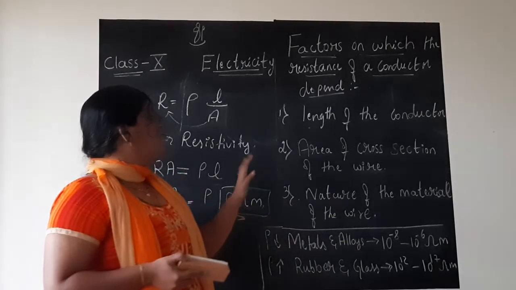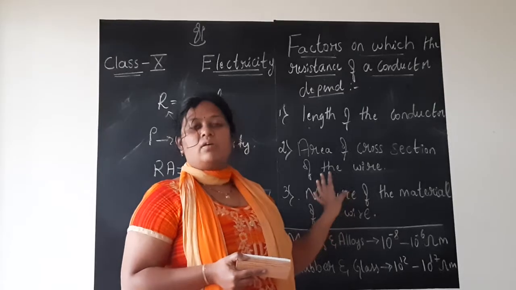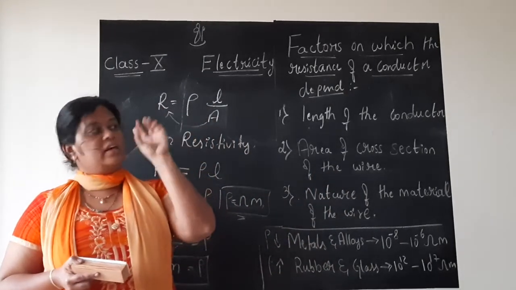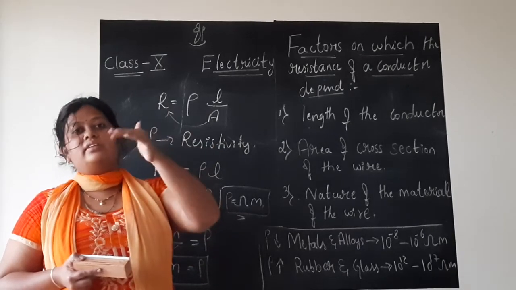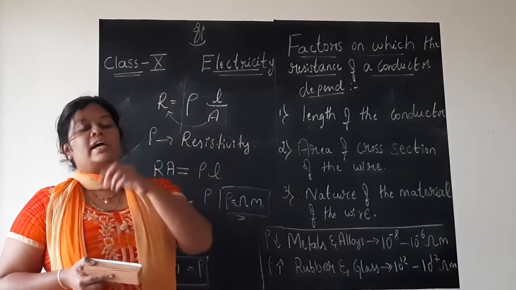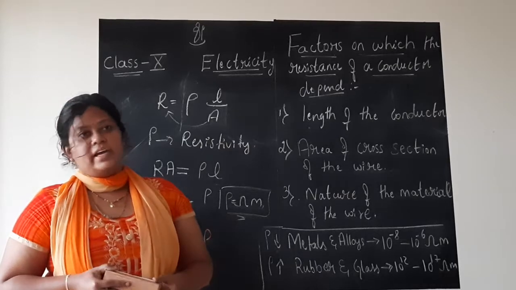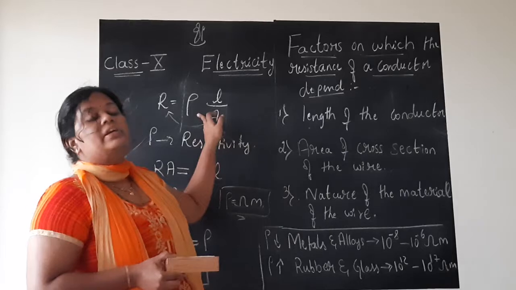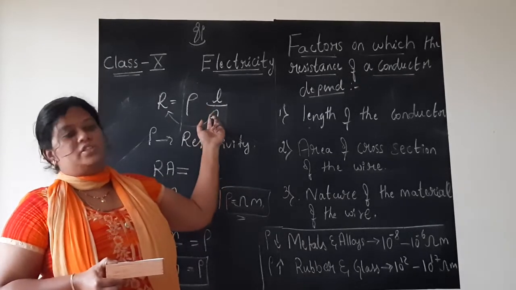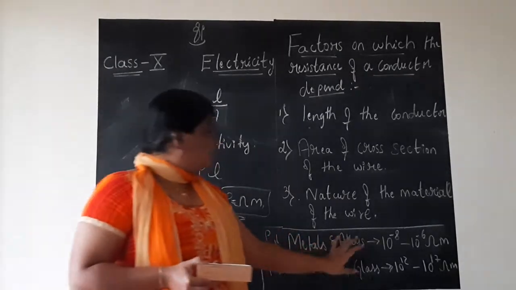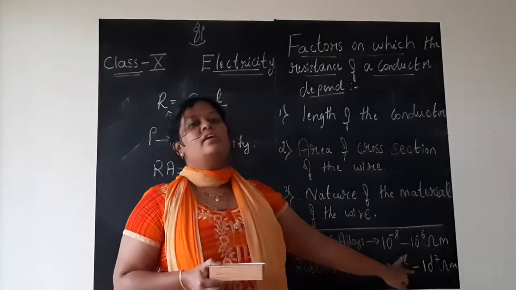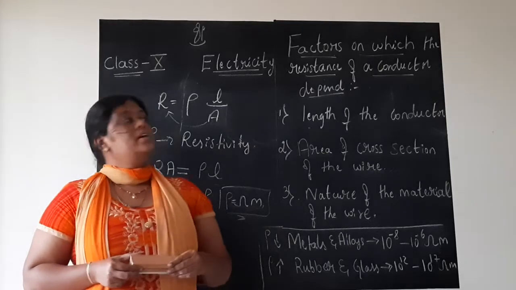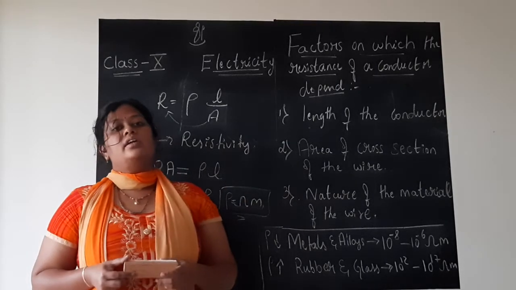In your textbook, they have given a table in which the resistivity, that is the rho value, of conductors, insulators, alloys like that, they have differentiated and given the values. Just go through it. You need not learn it by heart. If they have given a numerical, the resistivity value will be given to you in the question. So you need not learn it by heart, but these two ranges of values you should know. So that is about the factors on which the resistance of a conductor depends.